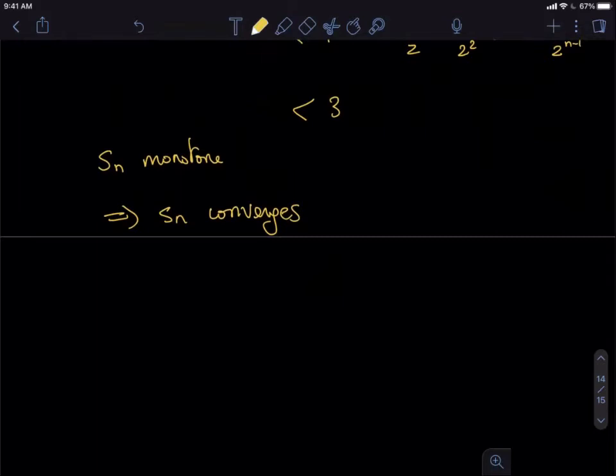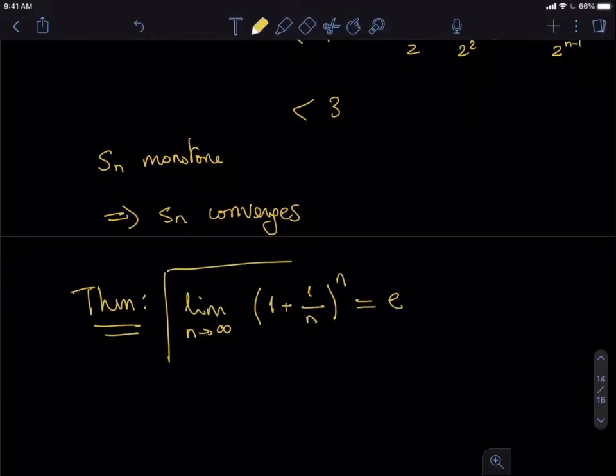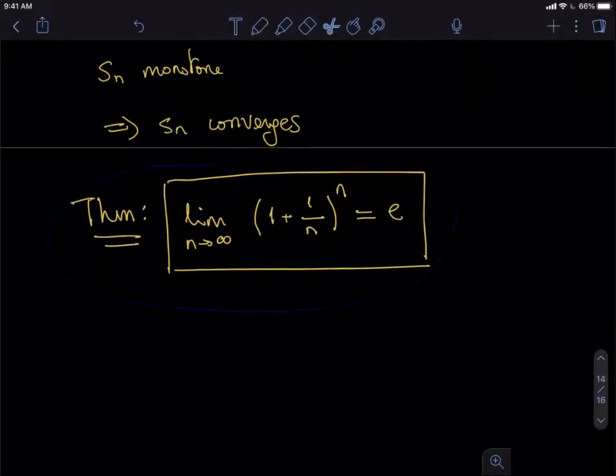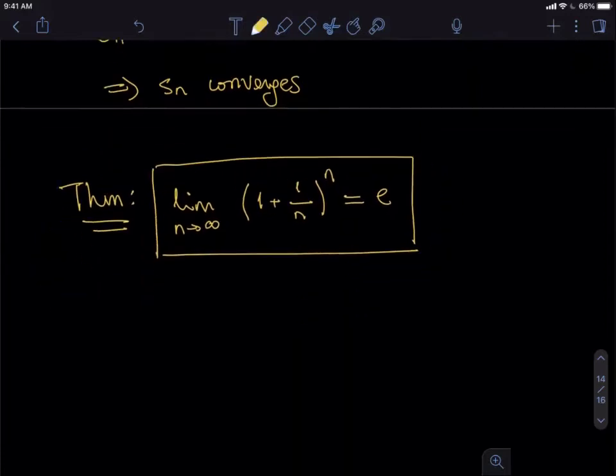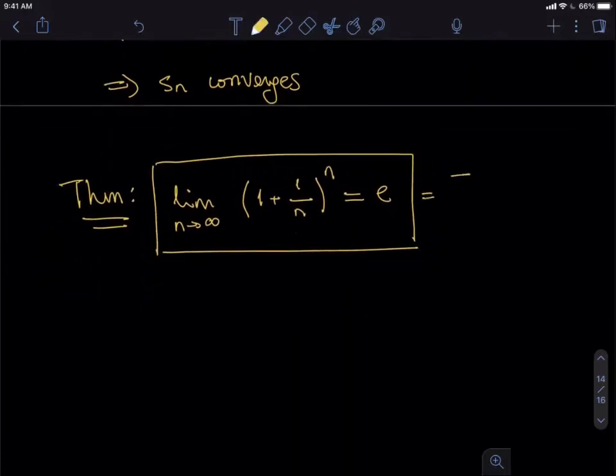Okay, but there is another way that we may have seen that the number e is defined. Instead of using a series, it uses a limit of a sequence. The limit of 1 plus 1 over n to the power n as n goes to infinity is actually e. Okay, sometimes this is taken as a definition, but because we have defined the number e in a different way,